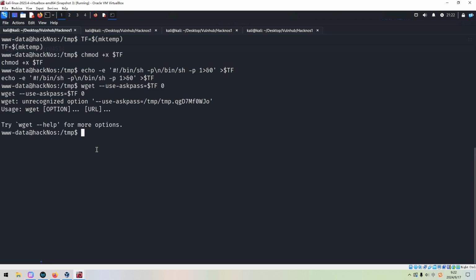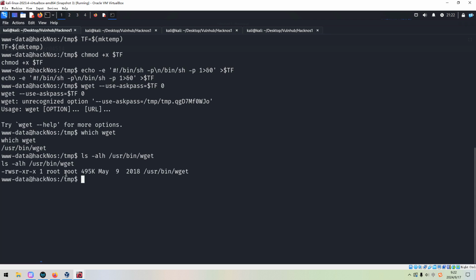As we know, the owner of the wget is, we can check out the wget. As you can see, the owner is root. It means that when we run this wget, we will temporarily get the privilege of the owner or root user.